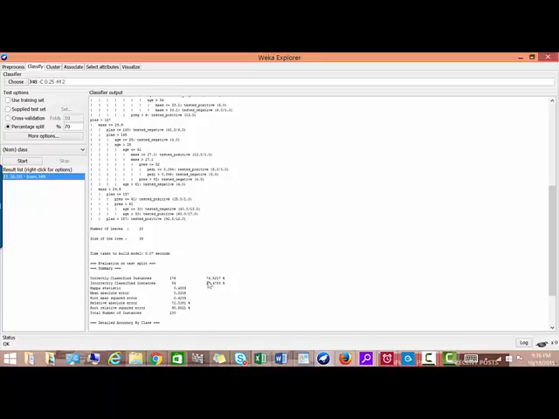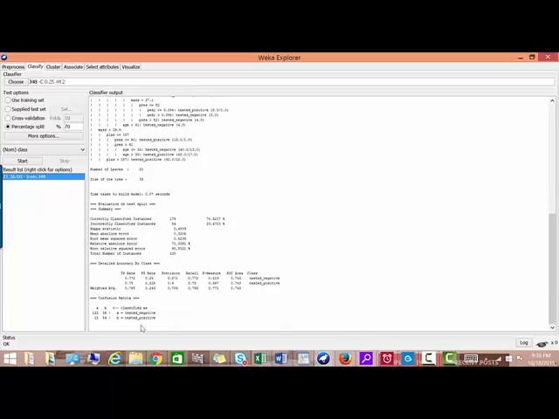model, which is 76.52%. The number of leaves for this tree is 20 and the size of the tree is 39. Here in the confusion matrix, we can see that 122 and this 54 instances are correctly classified as tested negative and tested positive, whereas this 36 and this 18 instances are incorrectly classified as tested negative and tested